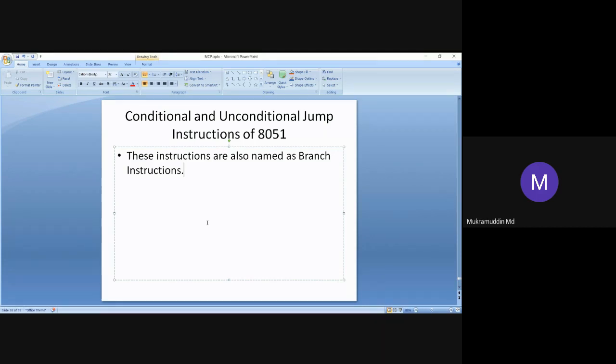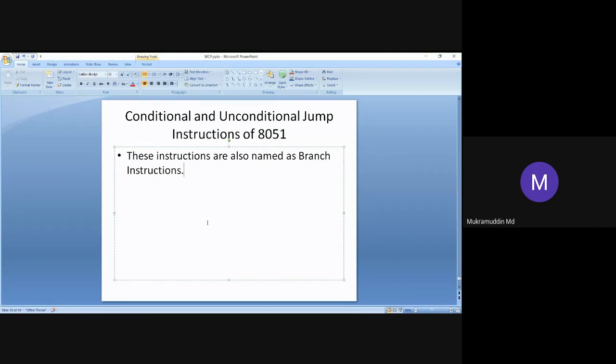It has executed the first instruction, the second instruction, the third instruction. In the fourth instruction, a jump instruction comes. If a jump instruction comes, the processor has to jump its control.